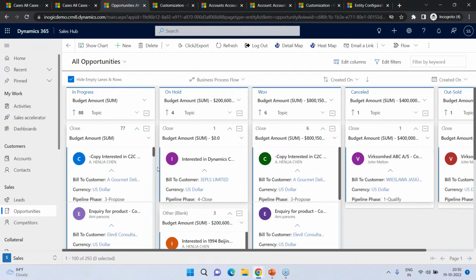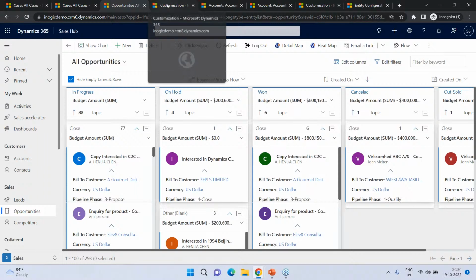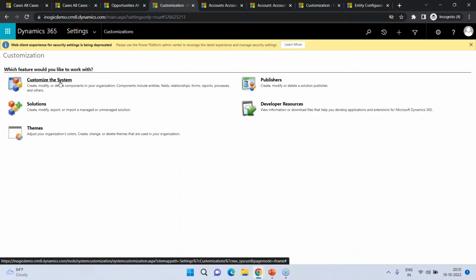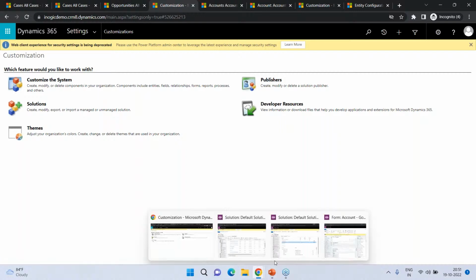Now, let's have a quick look and see how easy it is to get this configured. Kanban board is installed as a PCF control in your system, and you would need to customize the entity to associate the Kanban. So, I've already kept the customizations, which is basically going into the advanced settings, and here we can customize the system. So once we hit customize system,